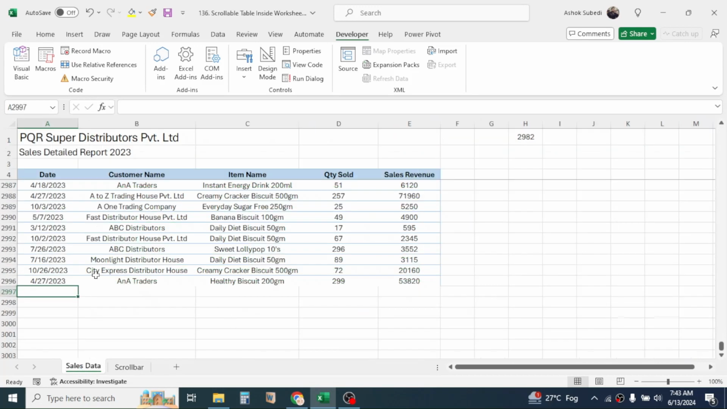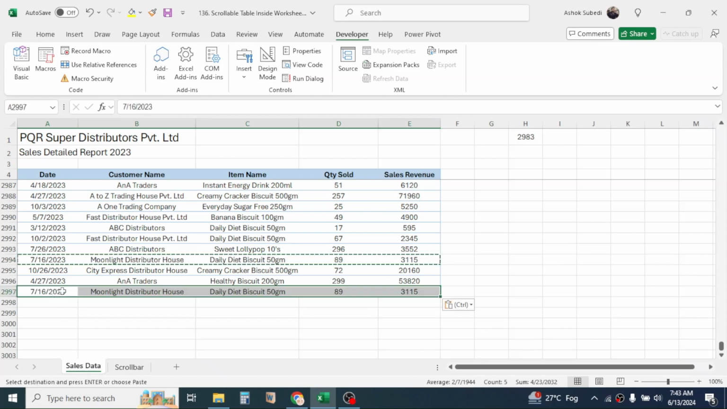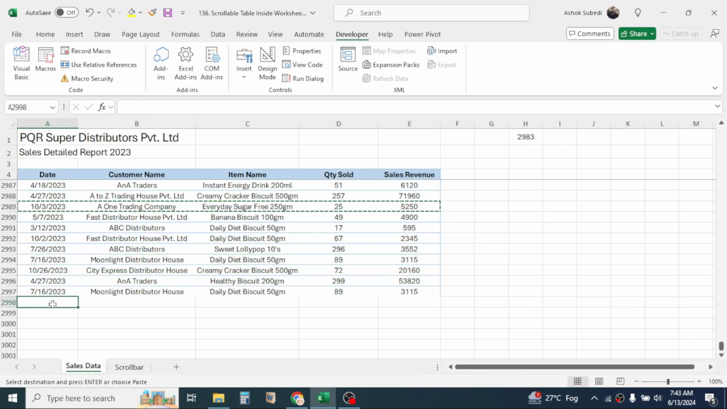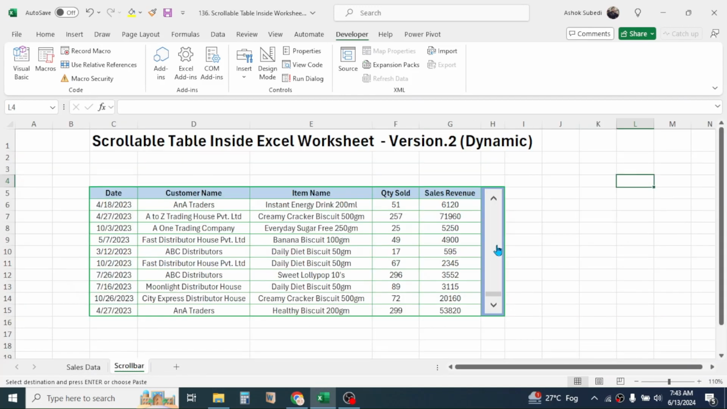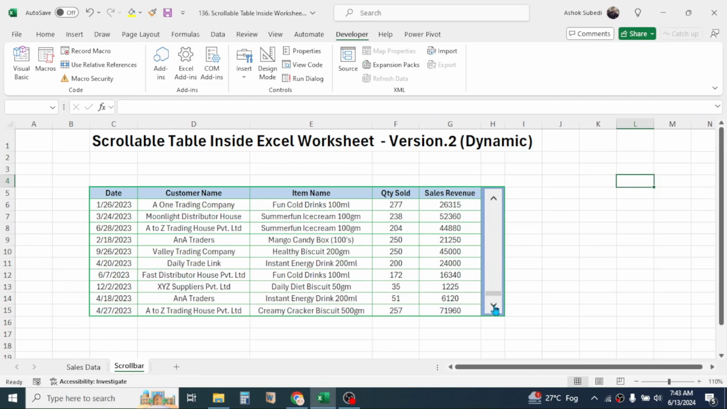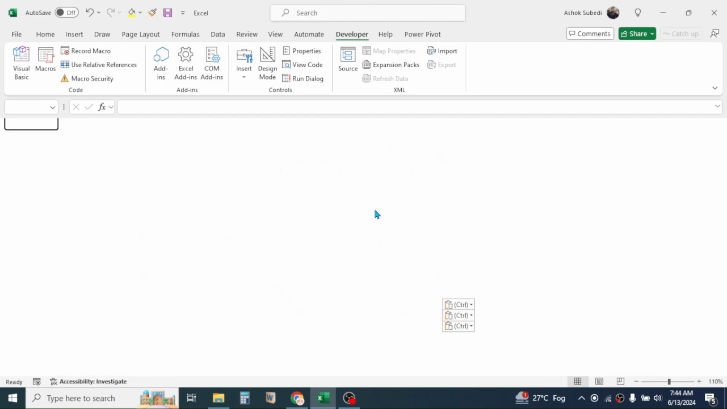For example, let me copy this row, then paste it here, and also copy another row of data, then paste it here. Now I have two rows added. After this, when I go to the scroll bar, I need to first click on the scroll bar, then click on this down arrow, and here at the end of the data, these two new rows are updated. Now let me close this Excel workbook,